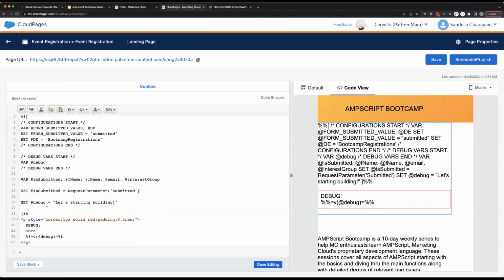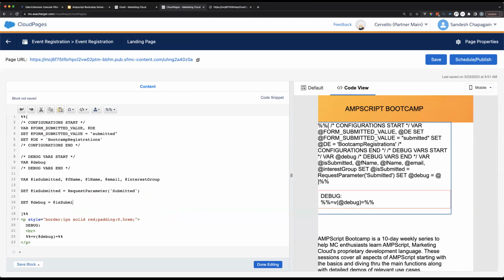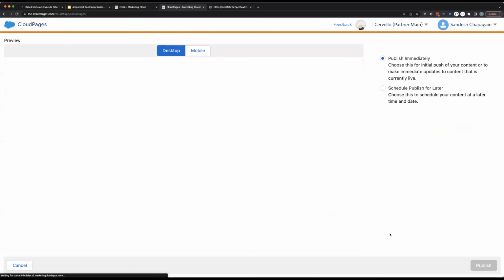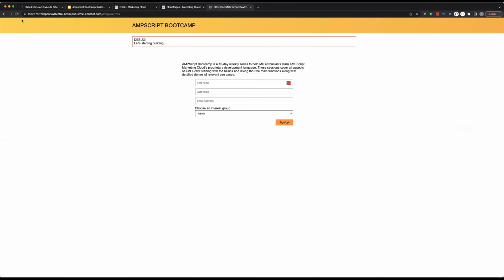Okay, so this is where the debug variable will be super helpful. So if we just set debug to be is submitted now, we should be able to see what that is submitted will be after somebody posts that form. Okay, so let's quickly publish this. Okay, and then go back, refresh it.